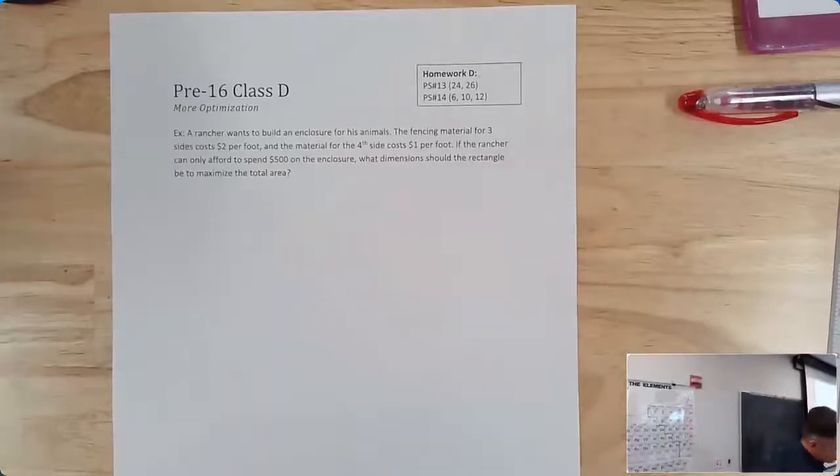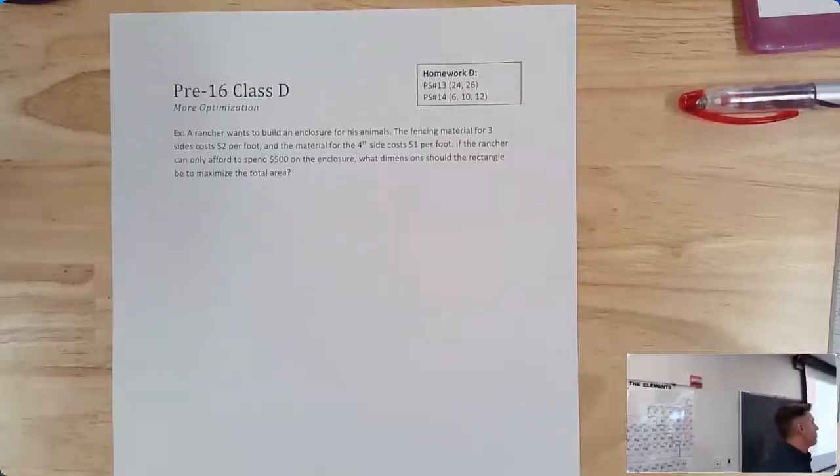A rancher wants to build an enclosure for his animals. The fencing material for 3 sides costs $2 per foot, and the material for the 4th side costs $1 per foot. No one said anything about it, but if someone's building an enclosure for animals and they didn't say what it was,